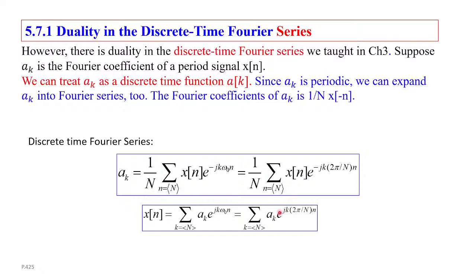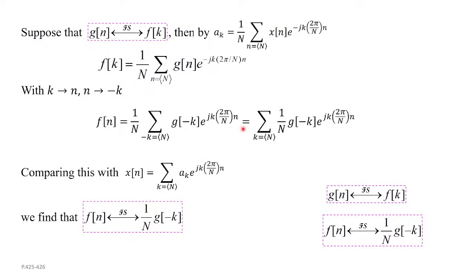And yeah, you see they are very symmetric. So if x of n is periodic with period big N, then a_k also has period big N. Okay. And now we derive a more detailed duality. It is this: if your g of n has Fourier series coefficients f[k],